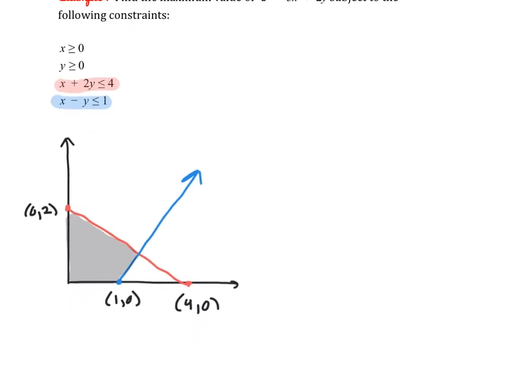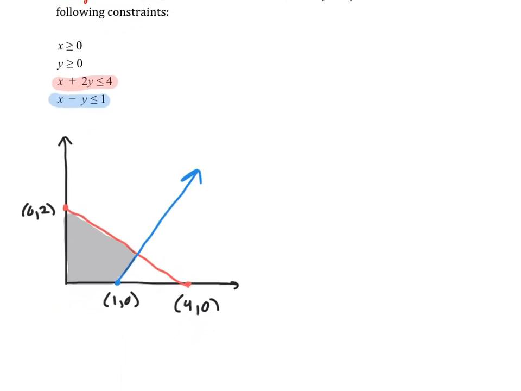Okay, so now we need to make sure we know all of the coordinates of our bounded region. So this is going to be one of our coordinates as well. And we already have two other ones, so we know these three, but we still need to find this coordinate. So here we can see that we're actually going to be solving the system of the red and the blue